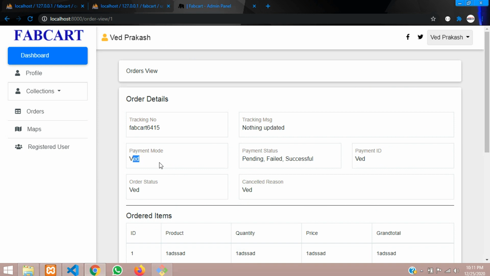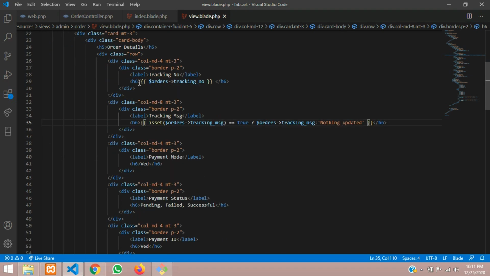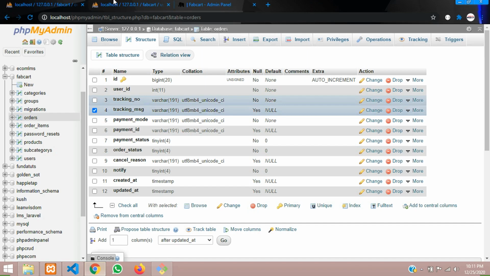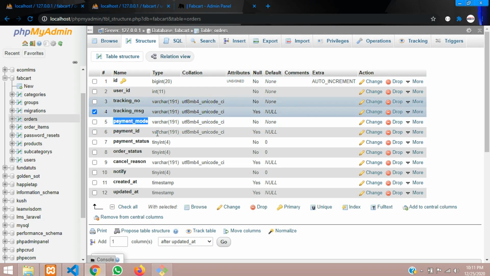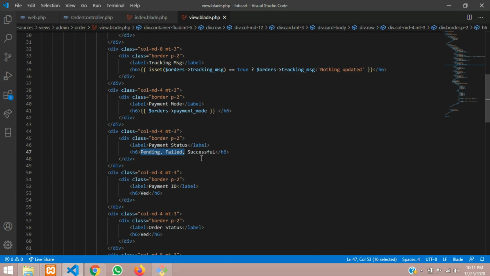So now the payment mode, let us fetch. Like that we have to fetch everything. So let us just copy this, Control C, and payment mode. Payment mode we are going to get is payment mode. Let us copy this, we have already stored that. And then payment status. So over here payment status, so guys we have to call everything. I will set now this payment status is nothing but like the payment is failed or not.